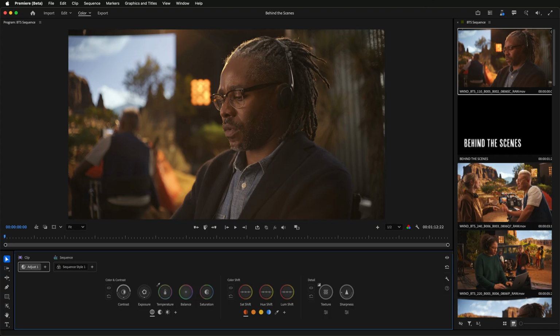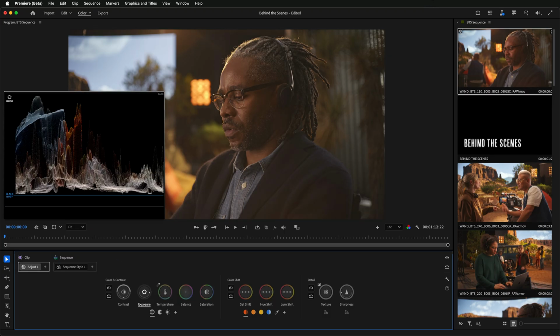As you spend time with color mode, you may discover controls that seem to be redundant with one another. In fact, these controls have generally different approaches to a similar operation, but that enable different creative possibilities. So for example, if I latch into exposure, I can see that there's a black indicator right at the bottom